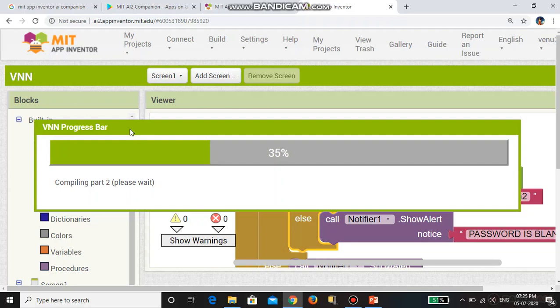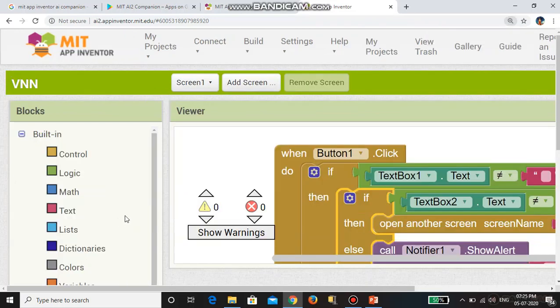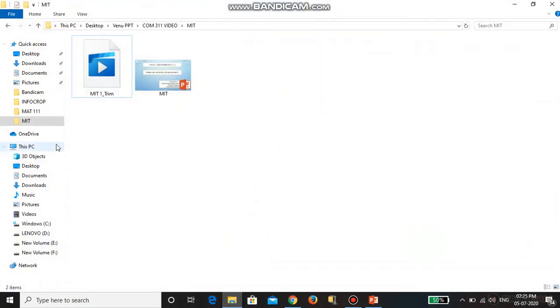Still progress is going. After that, you can see the apk file will be saved in the download folder of the computer.